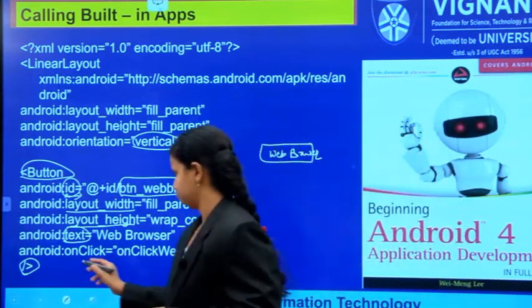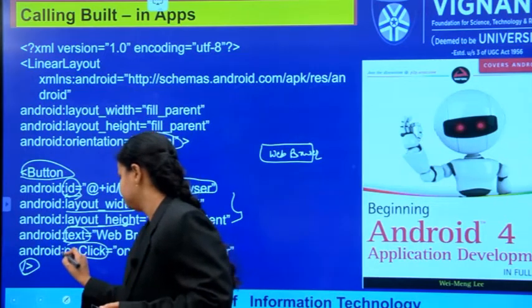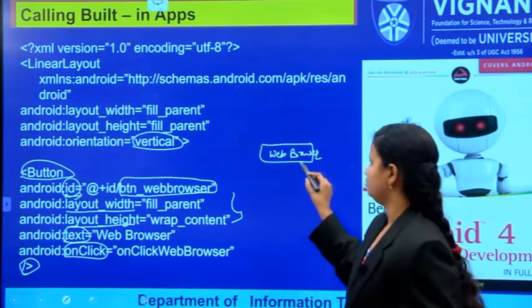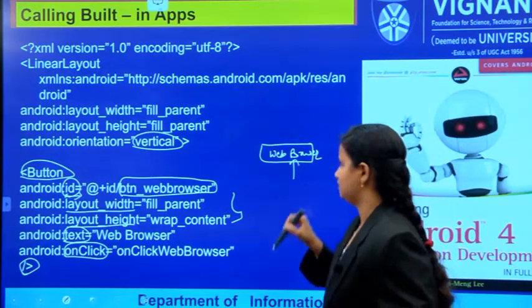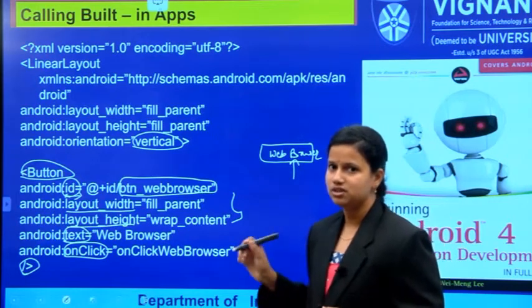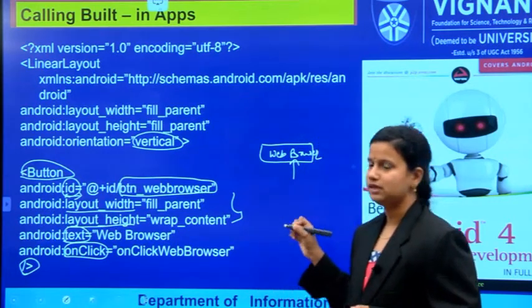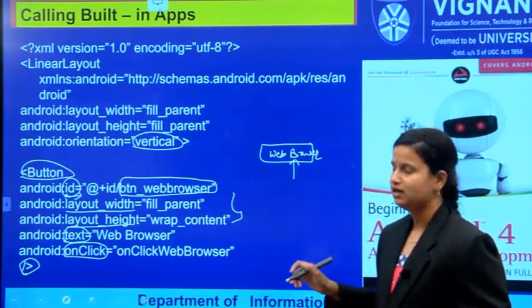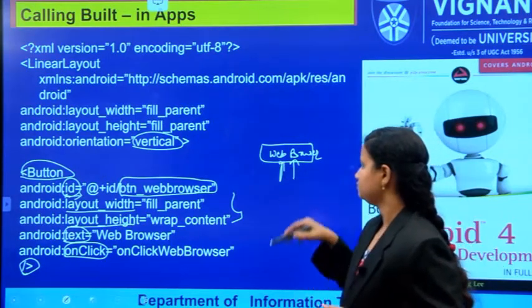And next one is the Android on click. So what is the use of this on click method? When you are working with a button, the main thing we have to do is click on that button. That means we have to perform an action like clicking on that button.